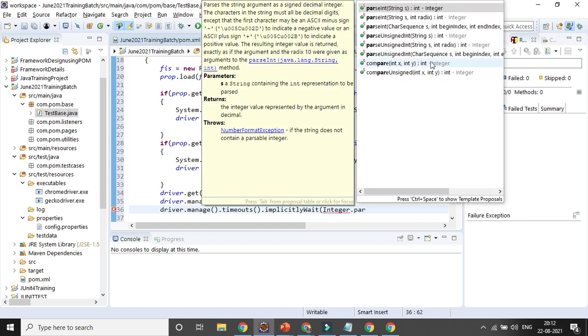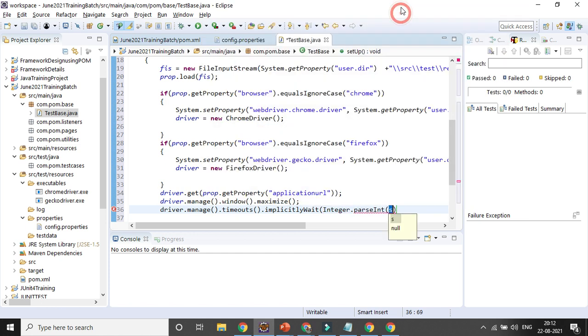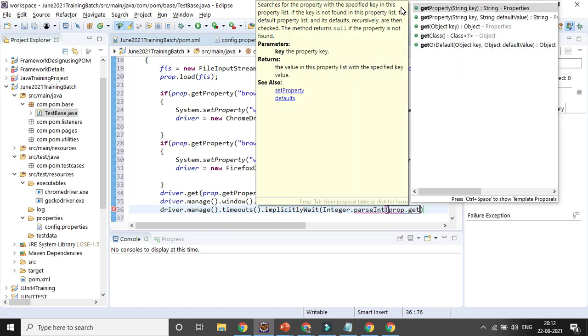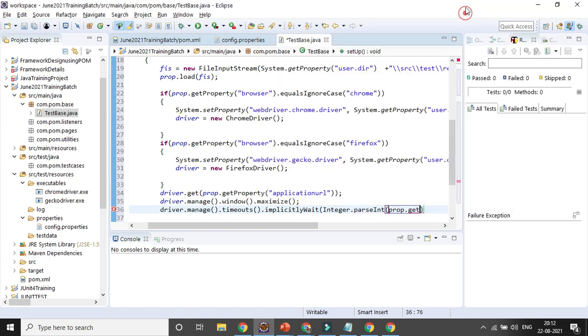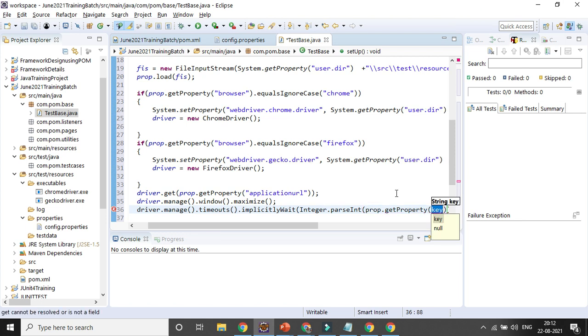We need to convert it to the relevant integer with parseInt, and here I will be going as per the prof file, prof.getProperty. And what is my key here? My key will be that one.